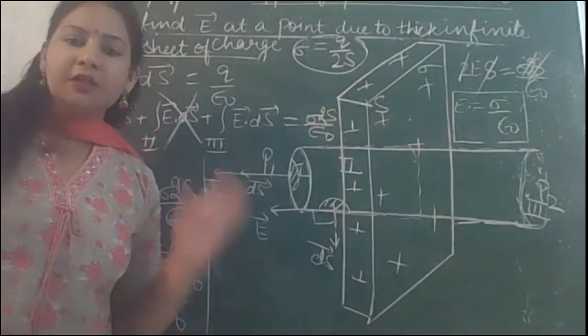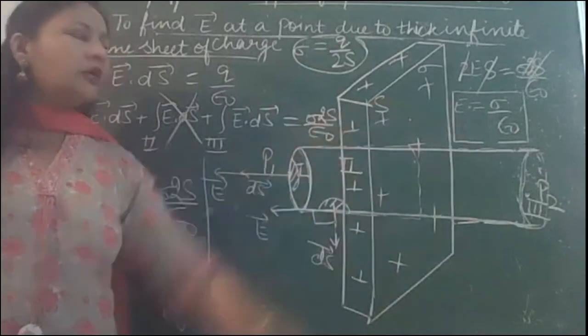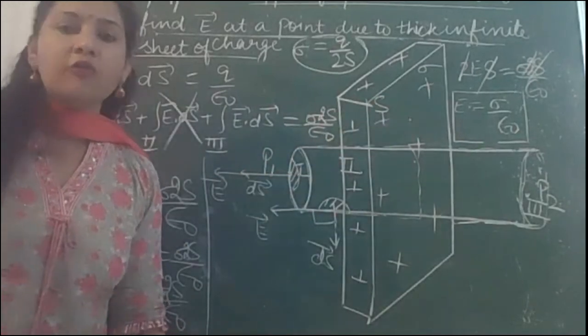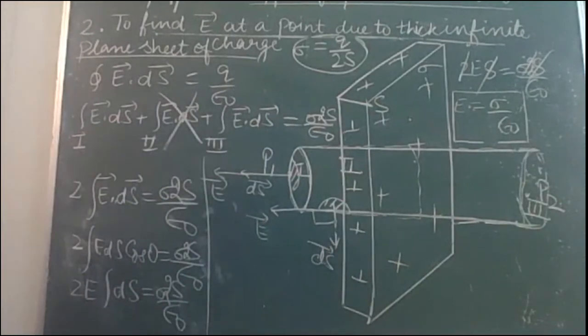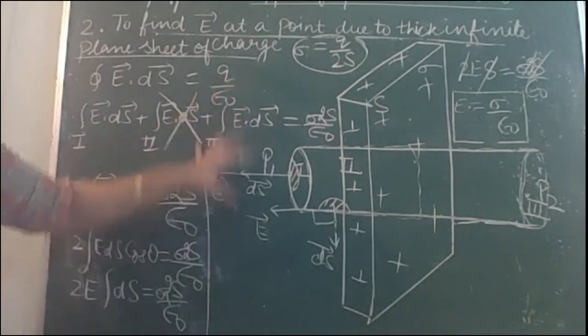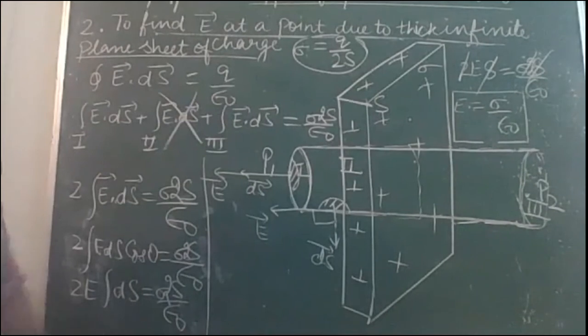तो अगर ये शीट थिन की बजाय थिक होती तो हमारा फॉर्मूला होता E is equal to sigma over epsilon naught. Please note down this result. Again, it is independent of distance from the point of observation. Okay, so note down this is a sub case for the second application. Is that clear?